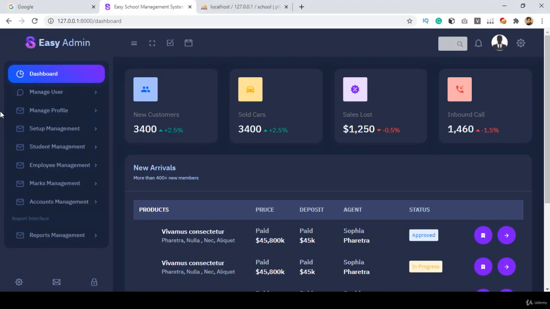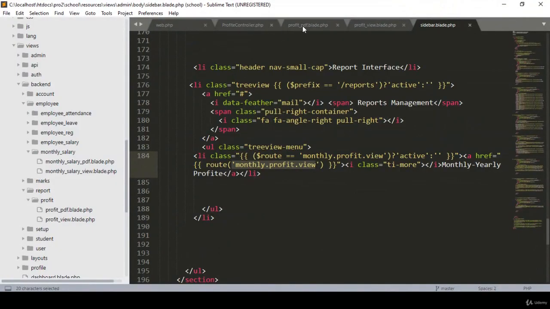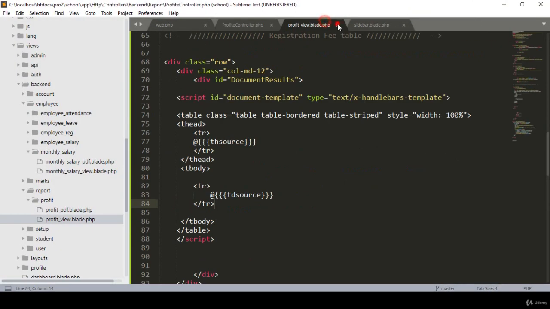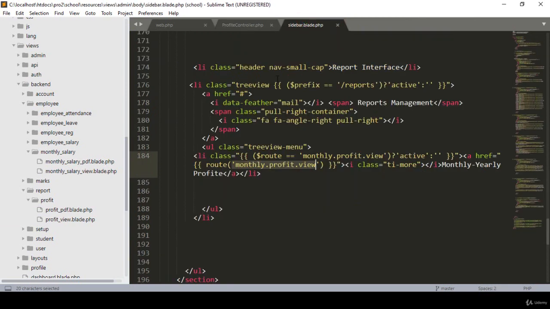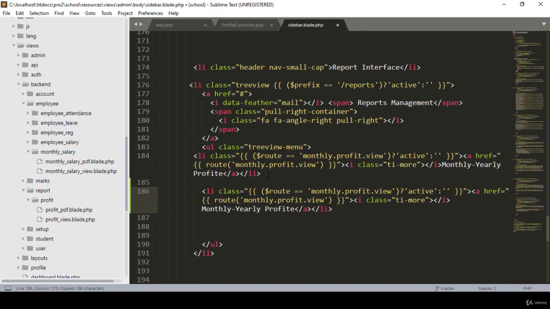Here in our sidebar, that is our report management. Before, I created one menu as monthly and yearly profit. Now I want to create another one in our sidebar. So go to our project directory. Right now we don't need this, I close everything. So that is our sidebar, right? In the sidebar, in our report management, I want to create another new menu. I copy that li, paste it here and name it Marksheet